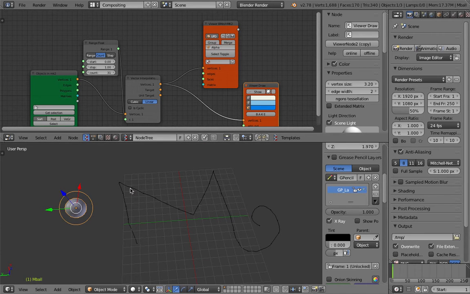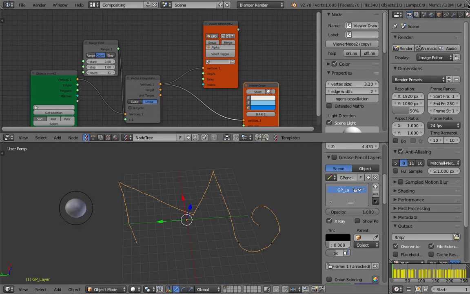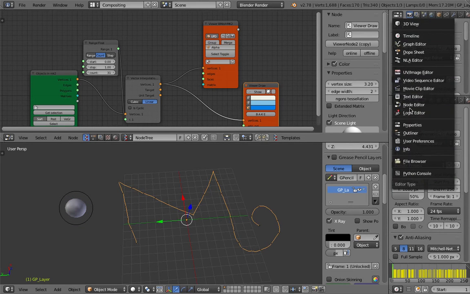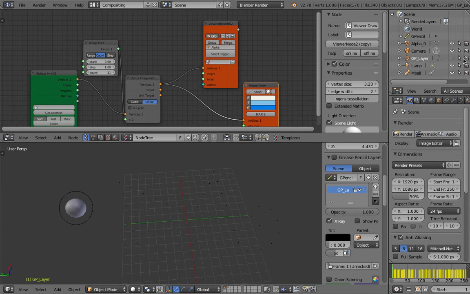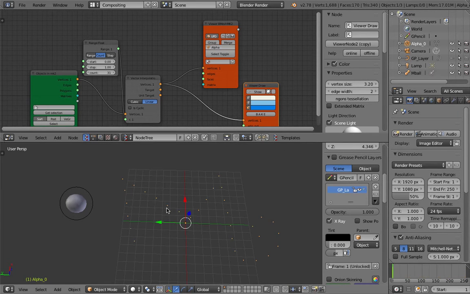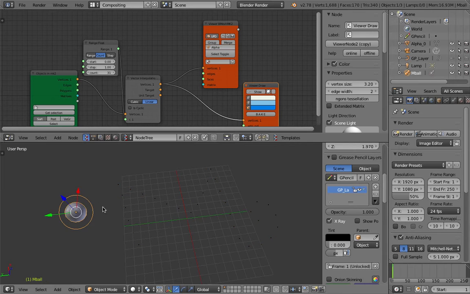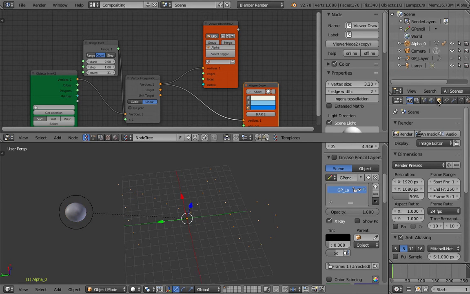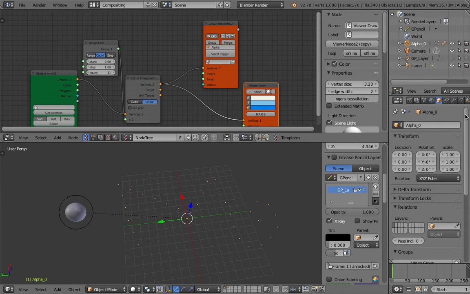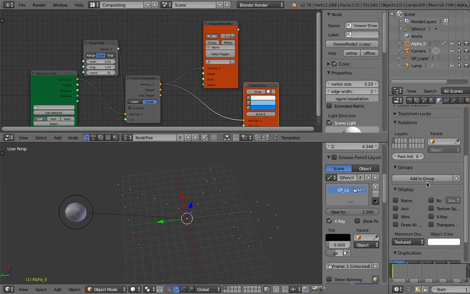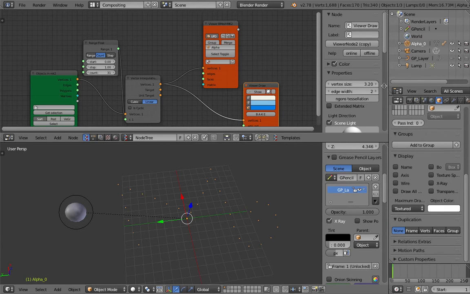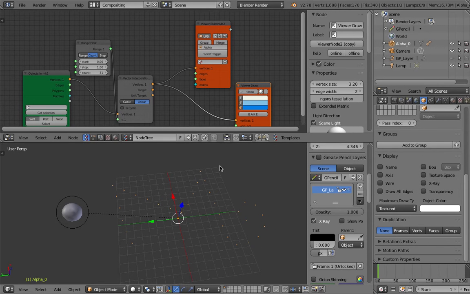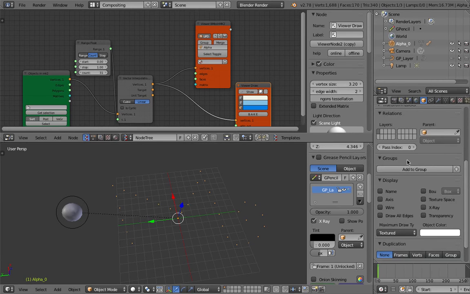Let's parent the MetaBalls into the points. Let's hide the stroke. We don't really need it. You can see the points there. Select the MetaBall, select the points, Control P, set parents to objects. Now Blender has this, of course, Blender on features. This enables you to do the duplications when you have an object parented. It's underneath this object tab, and